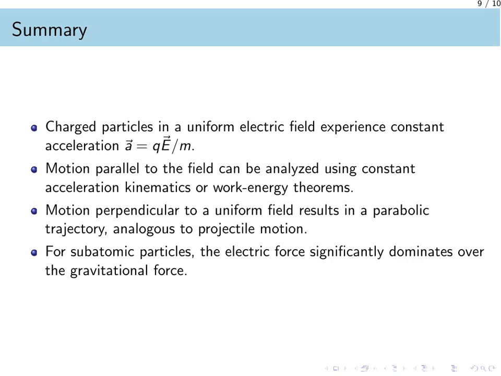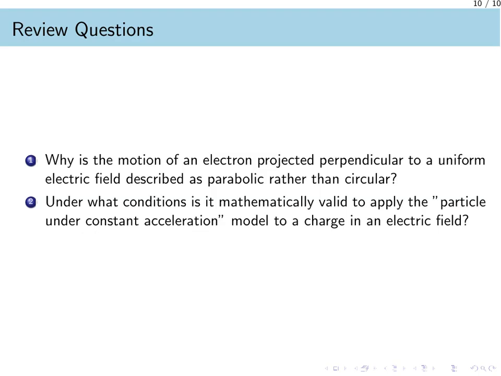On the other hand, if a particle enters the field with a velocity perpendicular to the field lines, the constant perpendicular force results in a parabolic trajectory, which is completely analogous to two-dimensional projectile motion. Finally, always remember that for subatomic particles, the electric force is so immense compared to gravity that the gravitational force can be safely ignored. Before we conclude this module, please take a moment to consider a couple of review questions